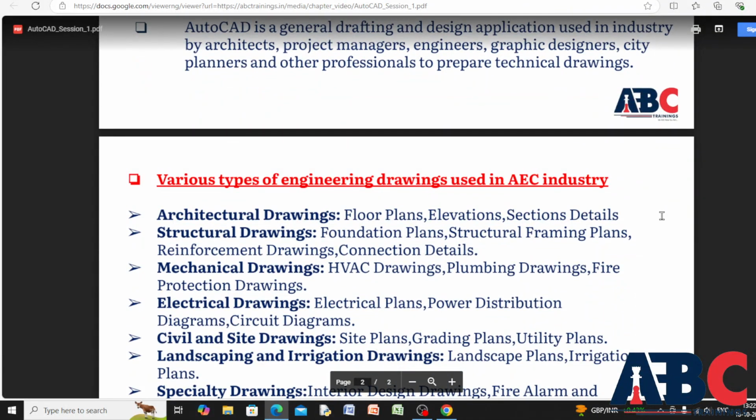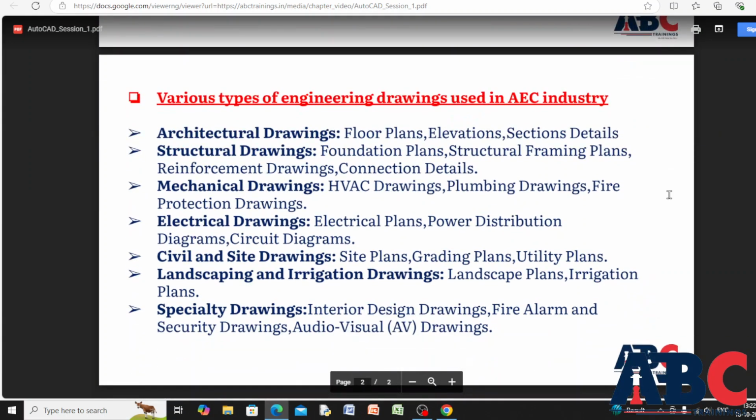Various types of engineering drawings are used in the AEC industry, that is, the architectural, engineering and construction industry. So let's see architectural drawings, which contain floor plan, elevation, section details, etc. Structural drawings contain foundation plan, structural framing plans, reinforcement drawing, connection details. And in mechanical drawing, people also use AutoCAD, and their drawings contain